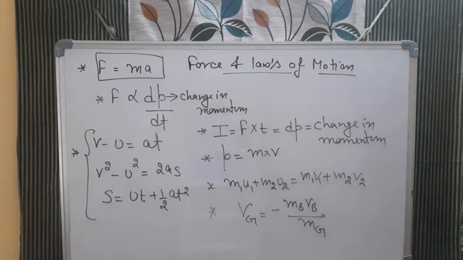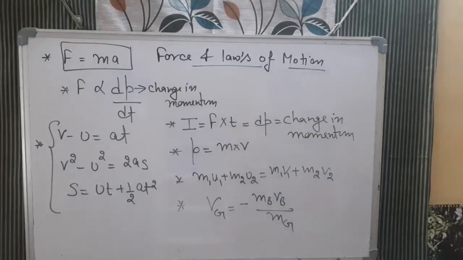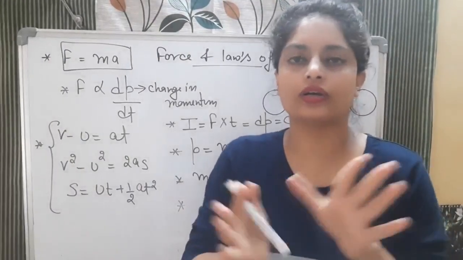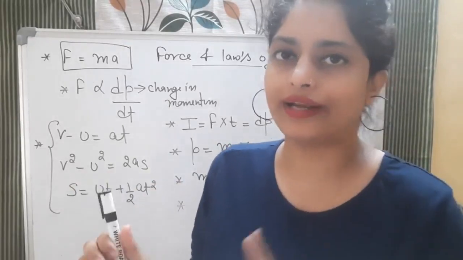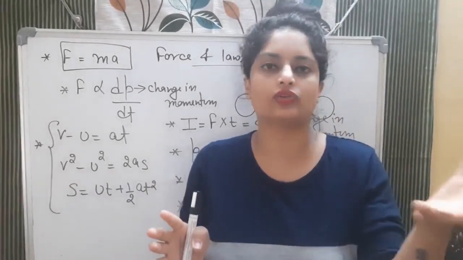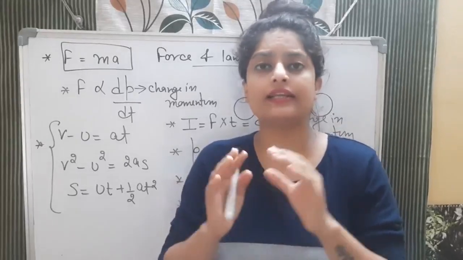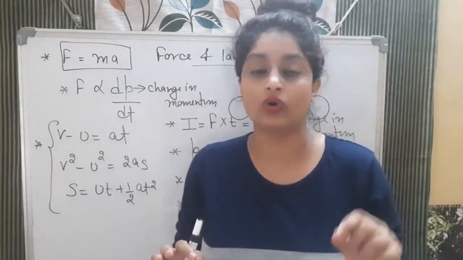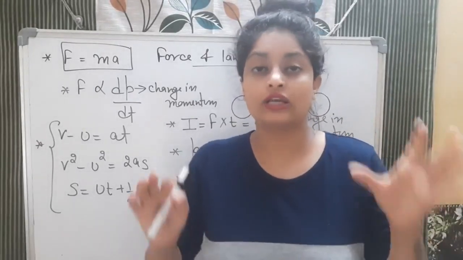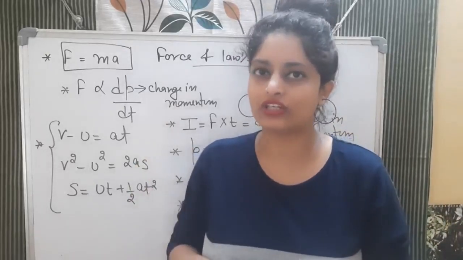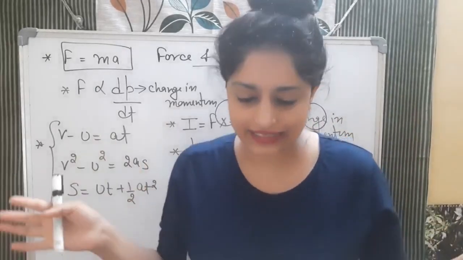Okay, so now we are starting with the first numerical. I'm not writing the questions on the whiteboard because you all have the NCERT textbook and you can see the questions from there. The first question is saying that if we are applying zero net unbalanced force on any object, is it possible that the object can move with a non-zero velocity? It's a very easy, very simple question.